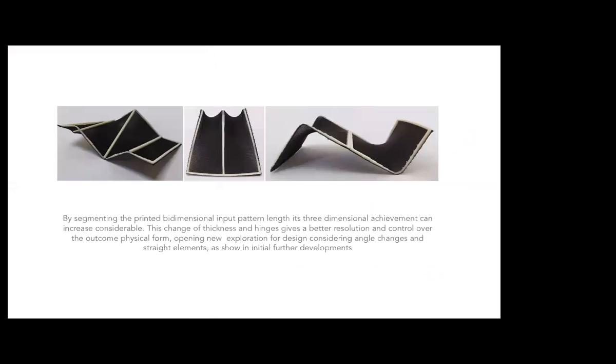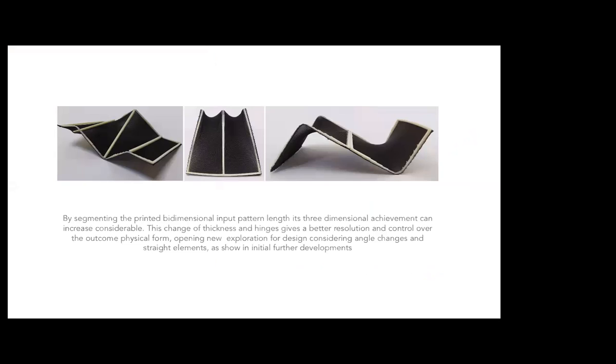As shown in previous prototypes, this research reveals that by segmenting the printed bidimensional input pattern length in its three-dimensional achievement can increase considerably. This change of thickness and hinge gives a better resolution and control over the outcome physical form, opening new exploration for design considering